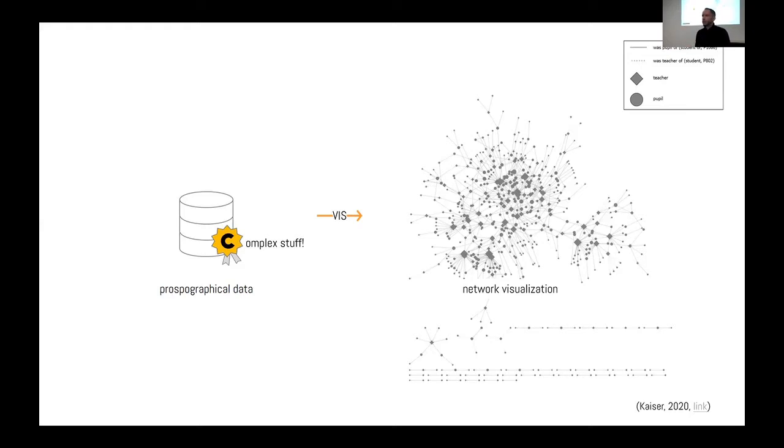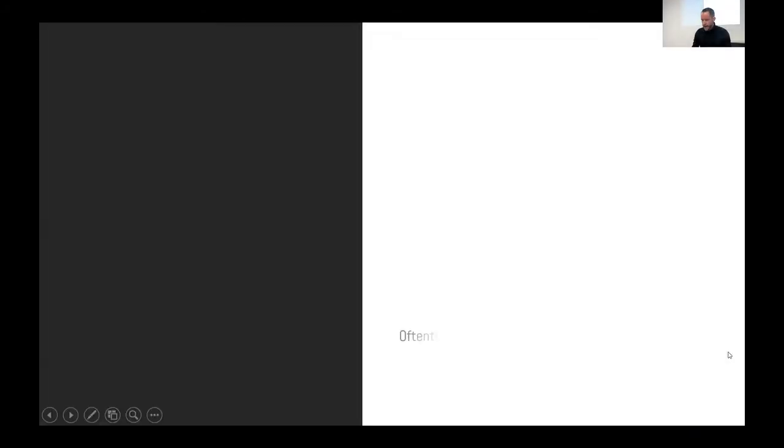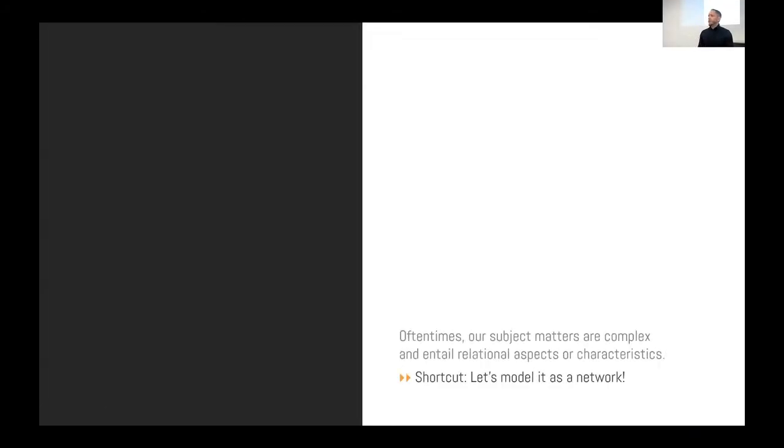Marcella showed us how to use network visualization for analyzing prosopographic data. So we have already seen the added value, but what we want to add here is you can also have a locked-in phenomenon, sort of, when you just focus on one specific method, one single data dimension, in this case the relational data aspects, because oftentimes our complex phenomena have some relational aspects or characteristics,